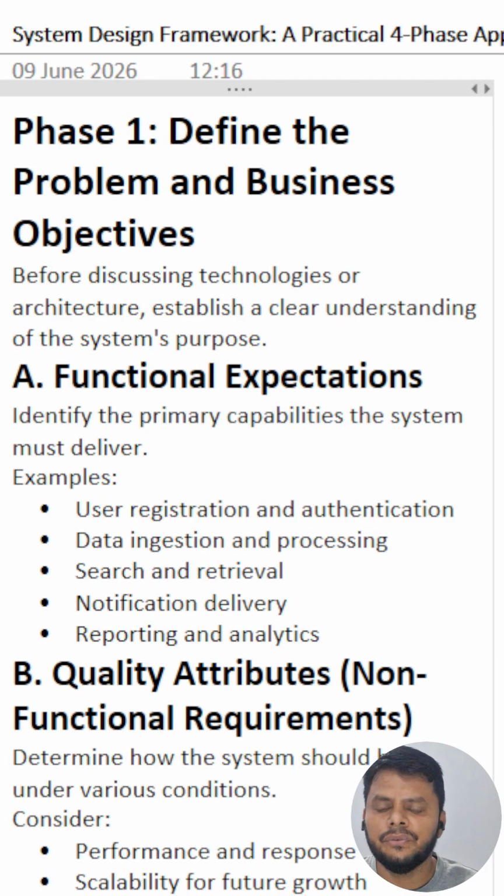In this video, we will see the system design framework. Every system design framework will follow four steps. In the first step, you have to define the problem and the business objective. In this step, you have to discuss the functional requirements of the login and registration, and